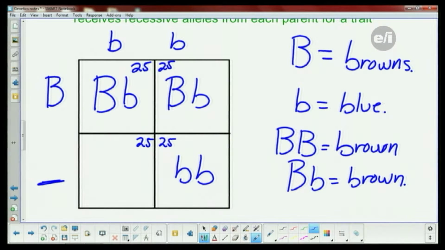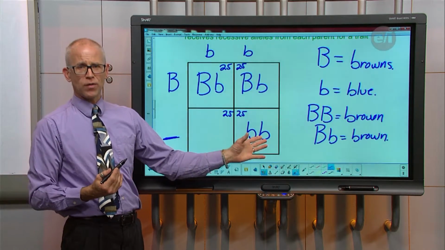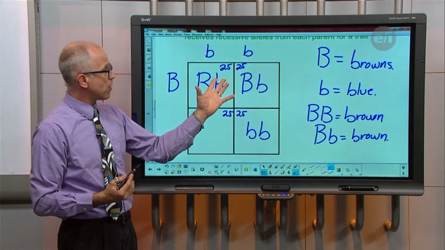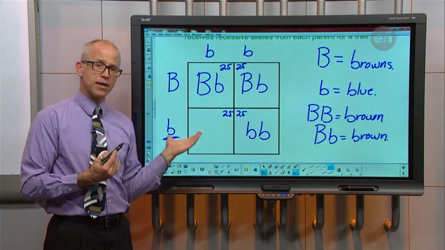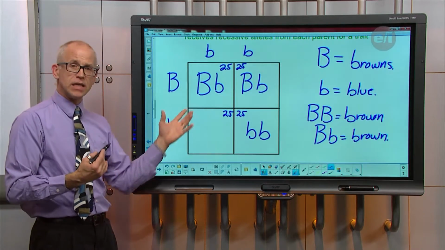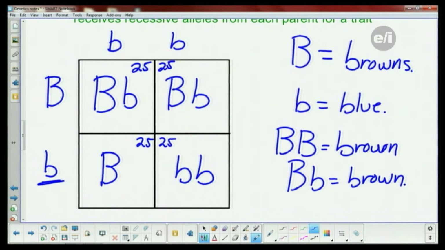And now down here, I don't know, but here's Mr. Zarumba. I have blue eyes, and the only way to get blue eyes is if I have both recessive alleles. So if I know that I'm blue-eyed and I look at my parents, I know that one of my parents had to be a carrier. That means they had to carry along that recessive trait even though they had brown eyes. That means this couple could have a possibility of having a brown-eyed child or a blue-eyed child.